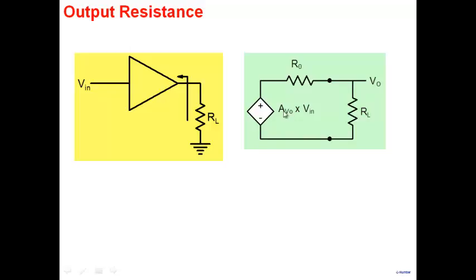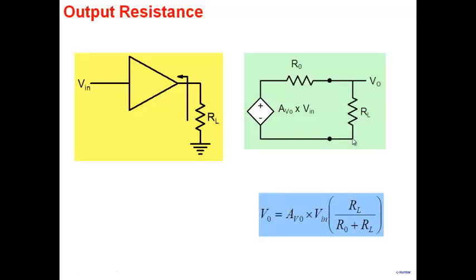AV0 refers to the voltage gain in the open circuit condition. And you can see why this would be the gain in the open circuit condition here. So my amplifier looks like AV0 times Vin in series with an output resistance R0. That's my amplifier when I look at it from the output side. And then we have connected a load to it. Right? So now it's obvious that my output voltage V0 is AV0 times Vin